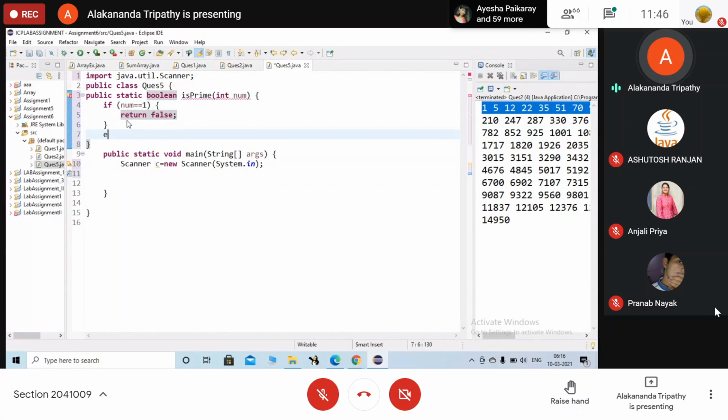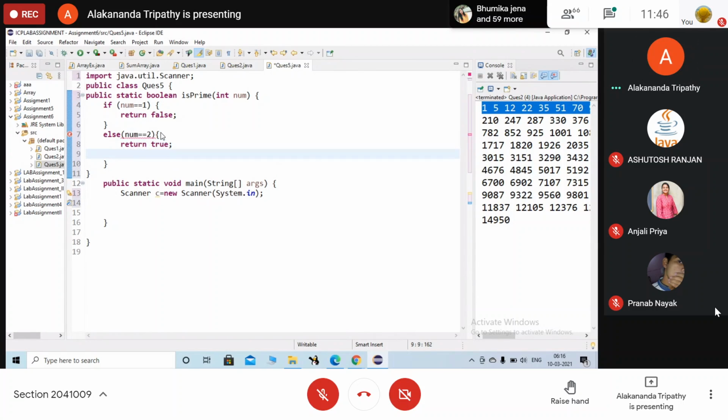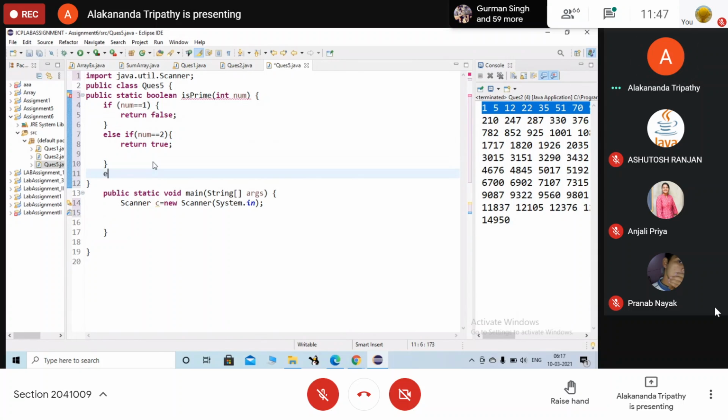So in the next statement, else if number is equals to 2, 2 होगा तो it is prime. तो true return होगा. Else if. Okay. Then in else part,